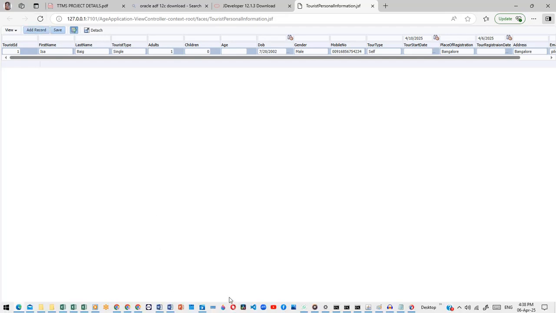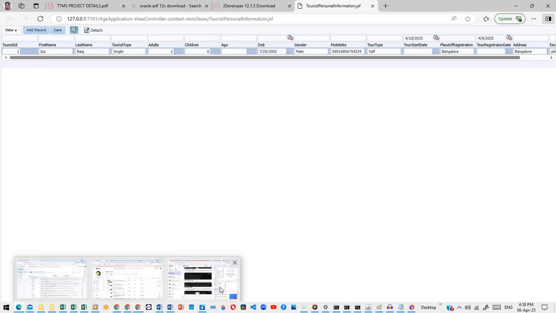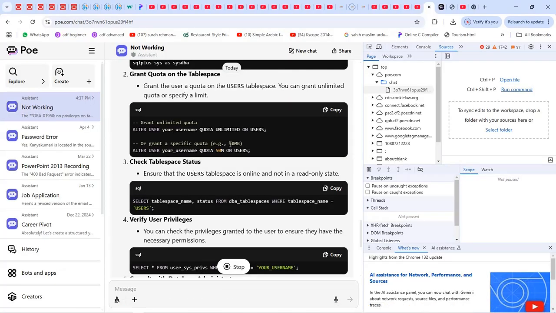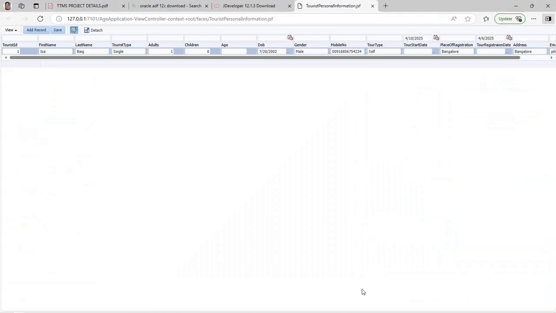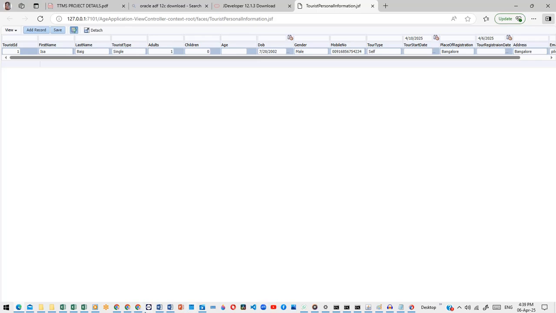Okay, how to resolve? Just go to ChatGPT and type your error. It will give you the result. You can use the command and make some changes and apply it in your JDeveloper. For the age calculation as well,